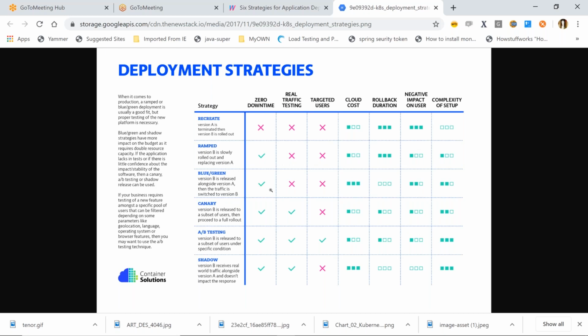The disadvantage is, if you have 100 servers, blue-green will spin up 100 servers, and that will not cost you more because we are using containerization, right? We are not going to buy new servers. We are going to use the existing servers only. And then rollback, if something goes wrong, the rollback duration is almost, you can see here, 0. That's the main feature we need: how soon you can roll back your application if something goes wrong.